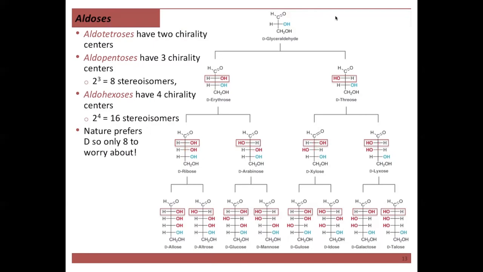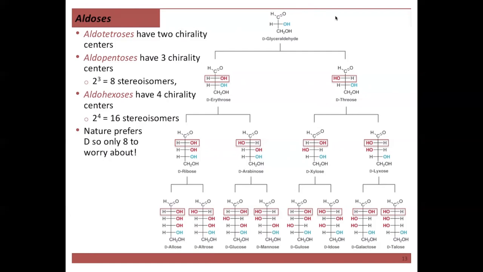And again, if we go down to this bottom one, these are the D-aldohexoses. The very last center is the same. And then the other three, we have all possible combinations. And so we have three centers. And so there's two possibilities there. So 2 cubed, two possibilities, 3 sites equals 2 times 2 times 2, which is 8. So there's 8 possible D sugars,